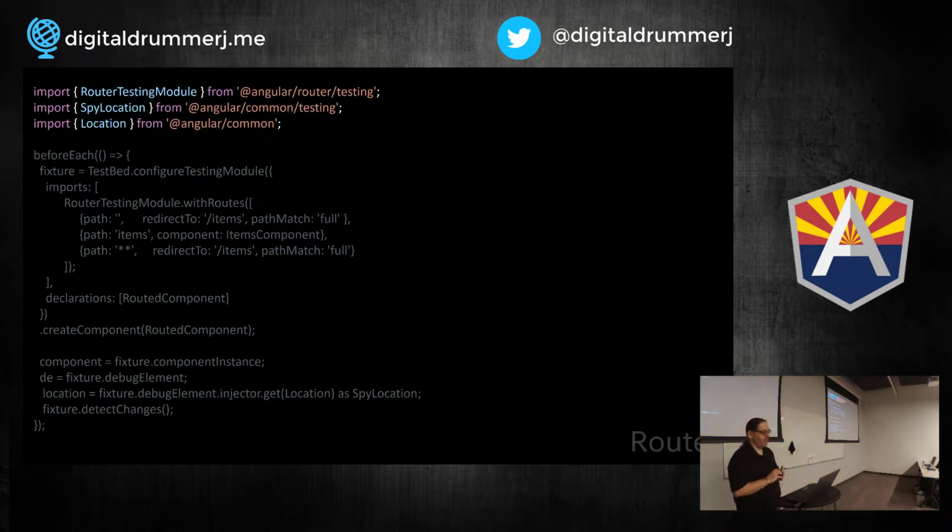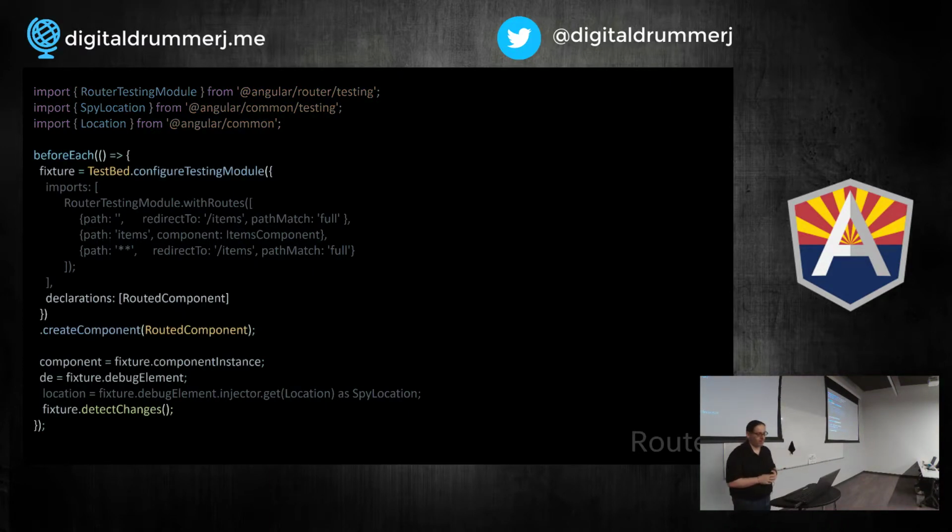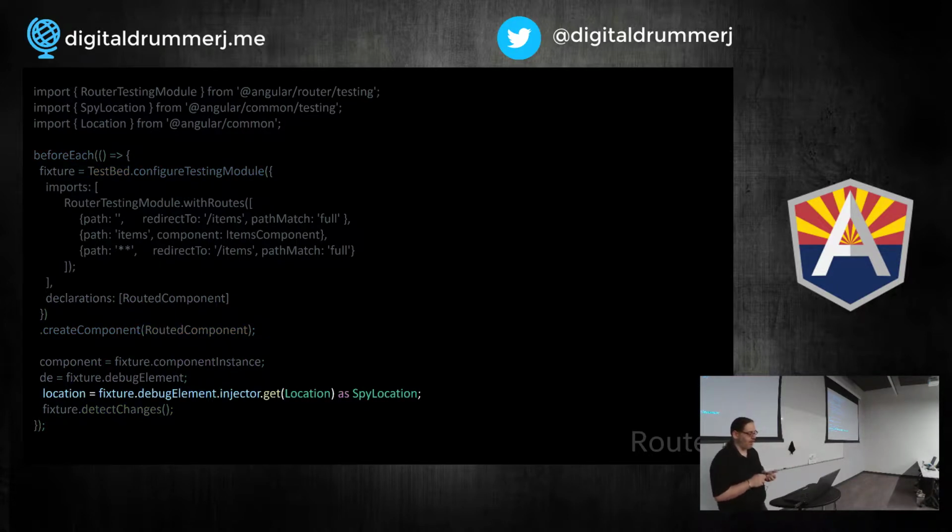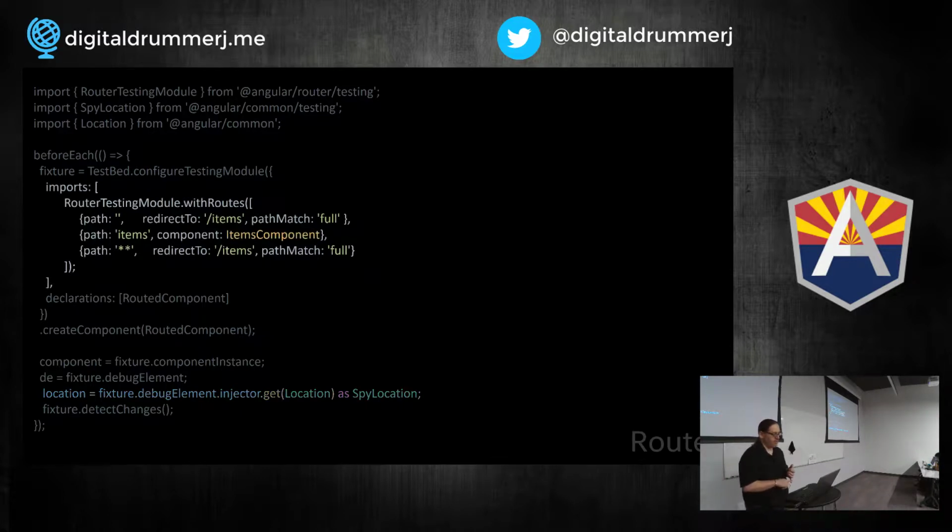So three things that we need to import: our router testing module, our spy location, and then the actual location. So we've seen this bit of code already that's all highlighted. Typical beforeEach. What's different in here now is we're going to get the location from the injector. We also have a router testing module in here where we configure which routes we want to